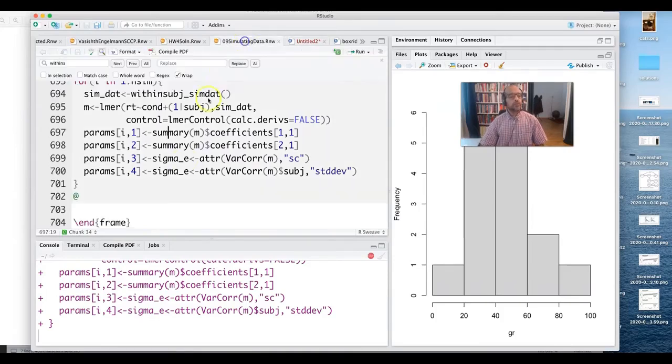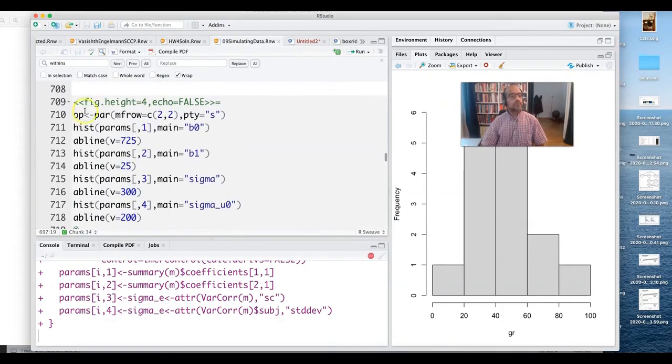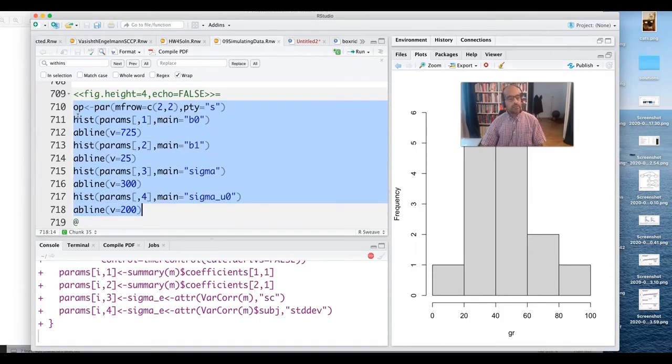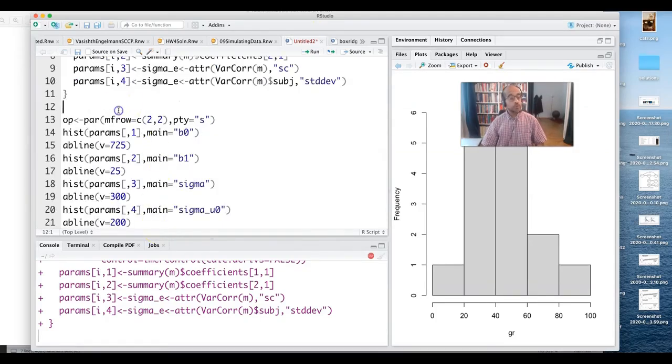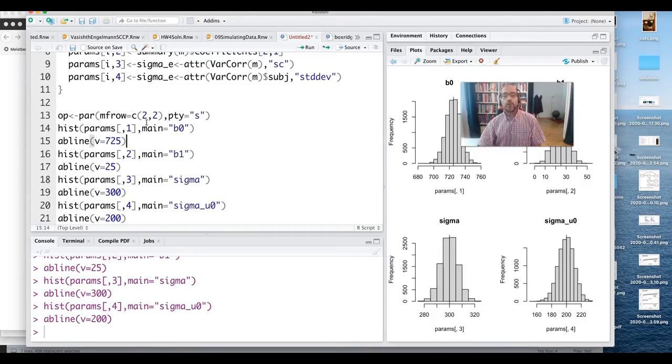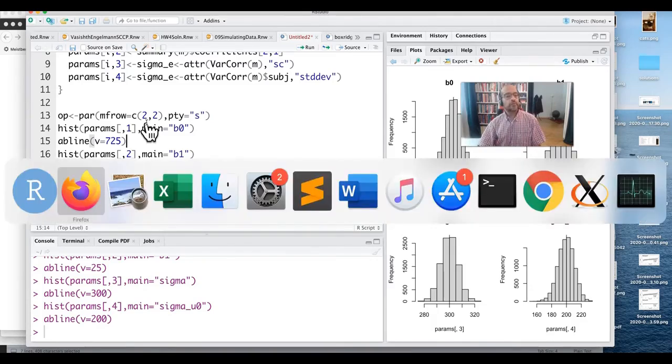In the meantime, what I'm going to do is I'm going to just copy over how I generated the histograms, right? So let's see how well the model does when we have 1000 data points as opposed to 10 data points. Okay, so maybe I'll pause the recording while. Okay, so we were at the point where